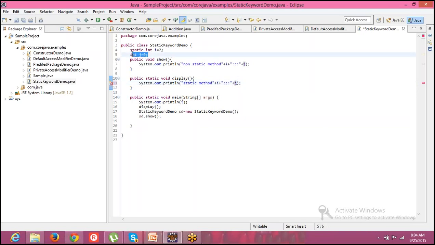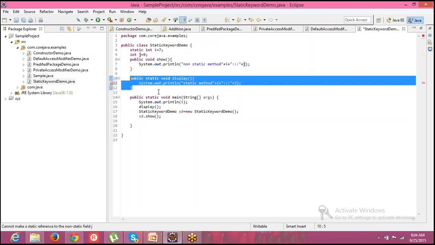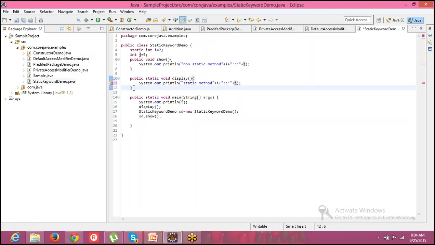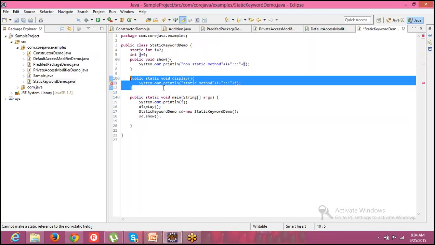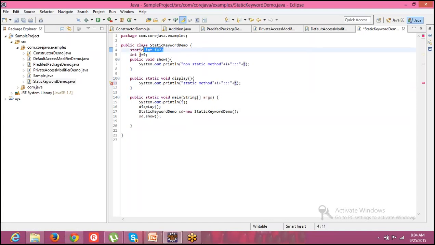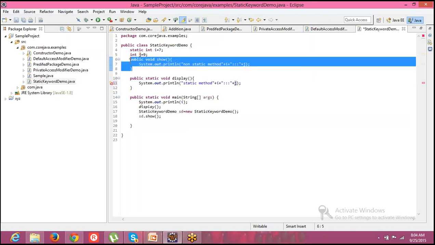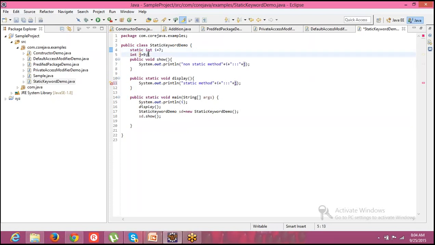You cannot access non-static variable inside a static method. So from this what we can conclude is static method can access only static variables, whereas coming to non-static method, it can access both static variables as well as non-static variables. Any confusion?